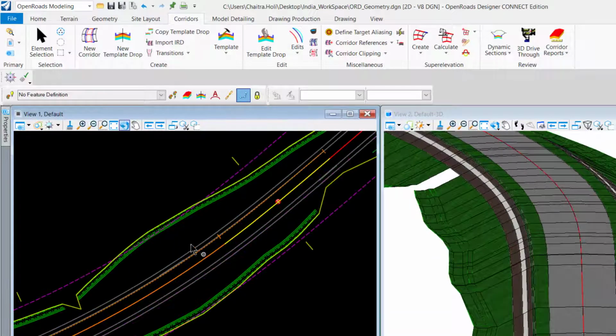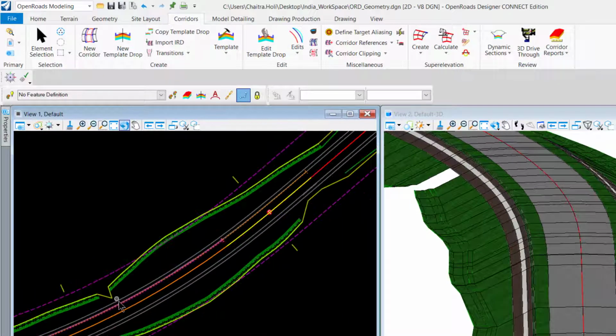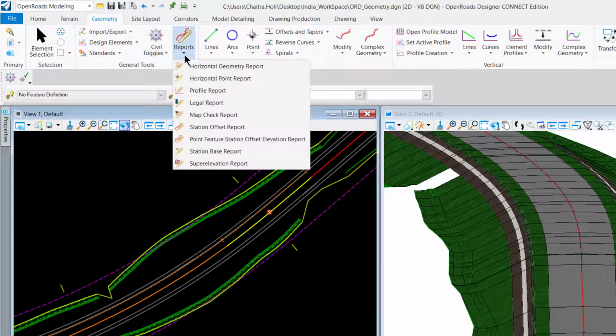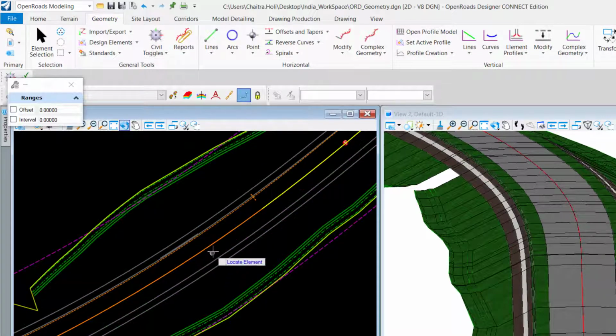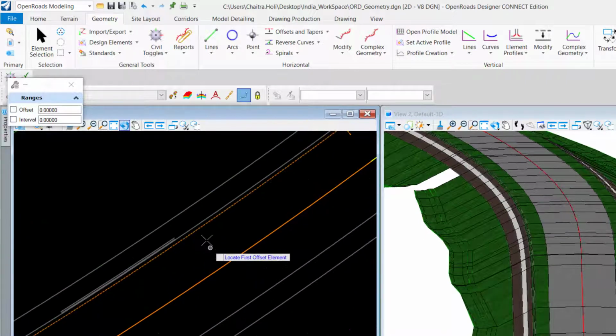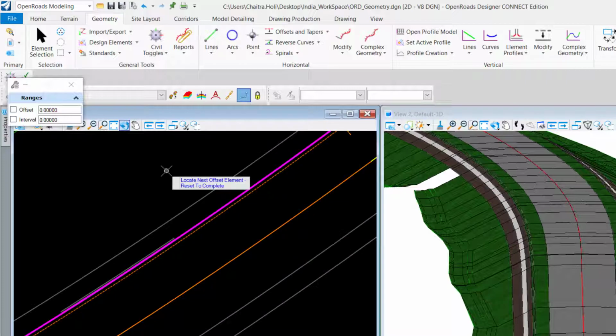In order to view the width of the carriageway assigned in the curve portion, you could go under the OpenRoads Modeling workflow, under the Geometry tab, Reports, Station Offset Report. It is asking me to locate an element. I would choose the center line, and for the offset element, I would choose the widened edge of the pavement, and right click to reset the elements.